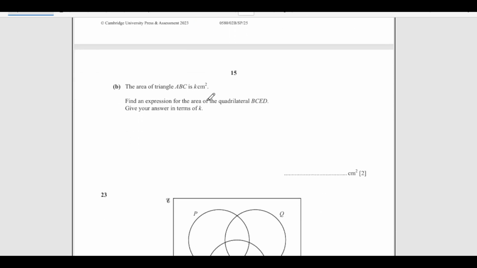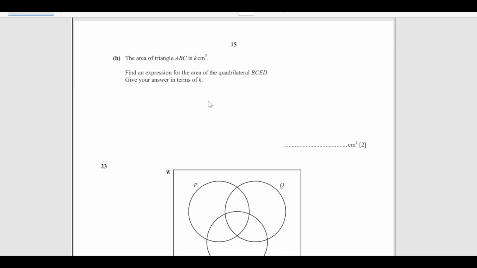Now number 15, this is a bit tricky. The area of triangle ABC is K. Find an expression for the area of quadrilateral BCED. Give your answer in terms of K. So now we are given the area of ABC as K centimeters squared. First of all, by using the